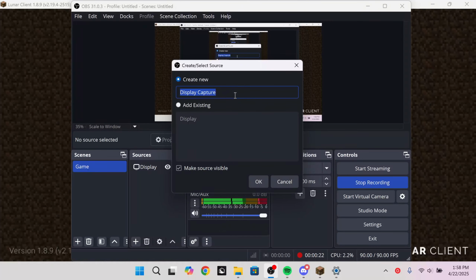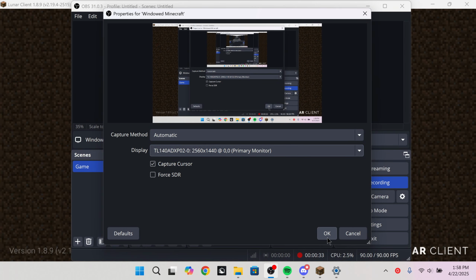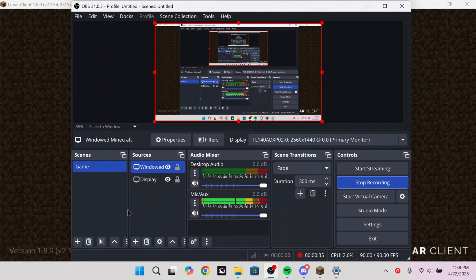Now you can name this your windowed Minecraft if you want. And then you have to get your display, and it's going to be your monitor. Okay, and there's that. So now you can see your whole screen, but you want to think about your ratio,